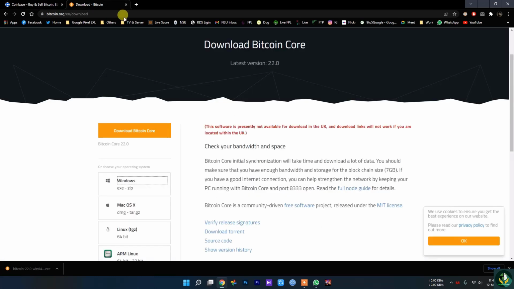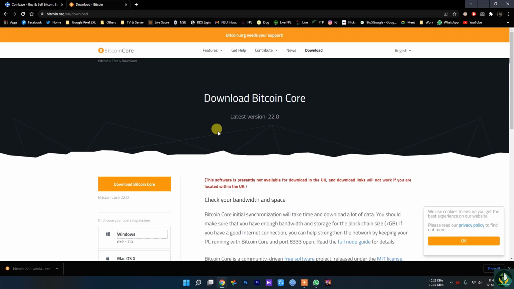Now let's go back to my personal favorite, which is Bitcoin Core, that I would highly recommend for beginners. It is Bitcoin Core, as I told.